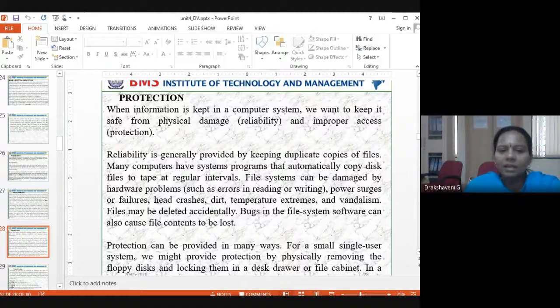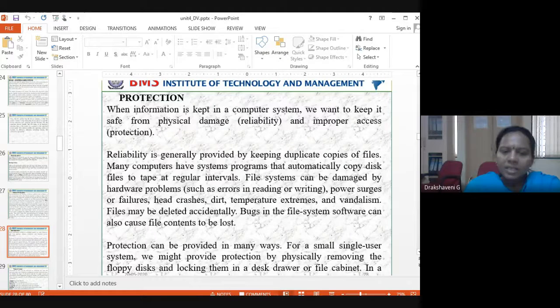Files may also be deleted accidentally. If power backup is not there, there may be fluctuations, and then there may be damage to laptops or systems. Then what about our files? To keep all this protected, we should have a backup copy. That's the reason we have batteries, which keep a backup.